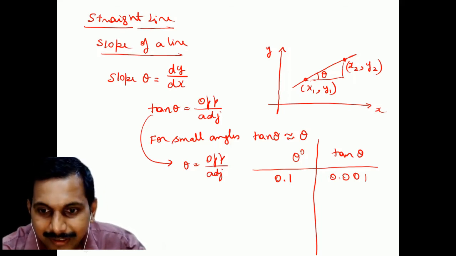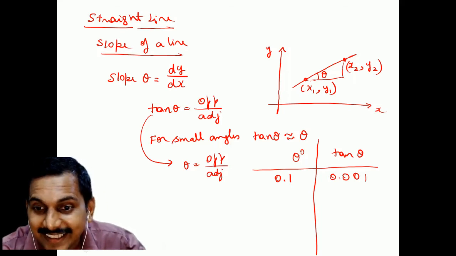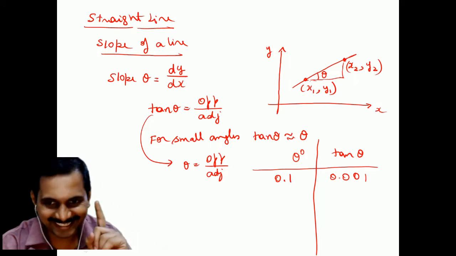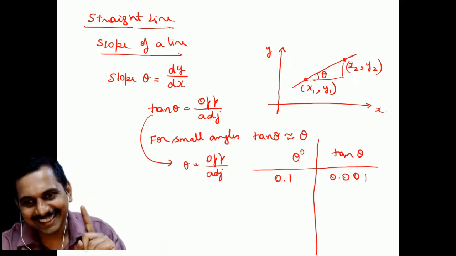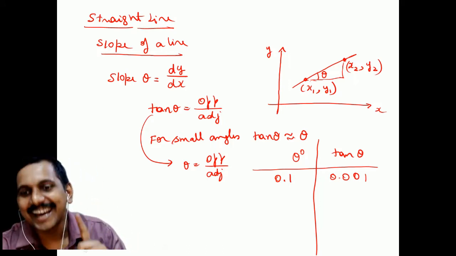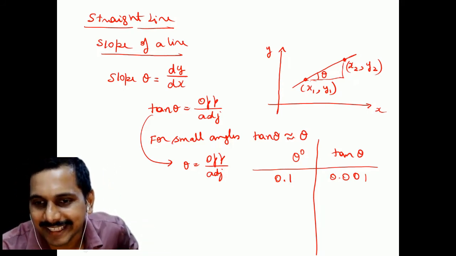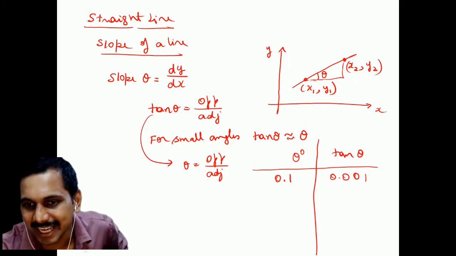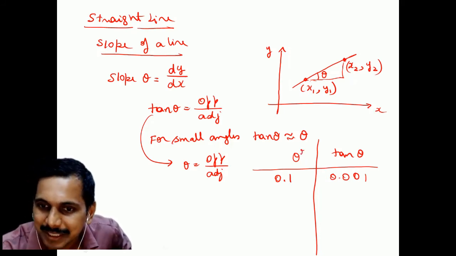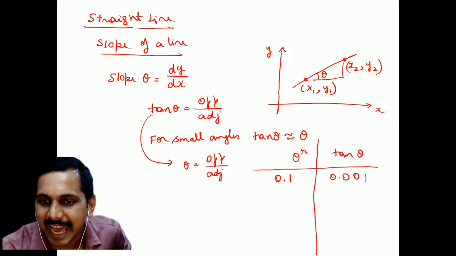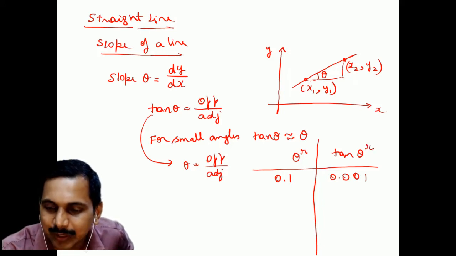Sir, we should take it whether in radian or degree. Radians. Exactly. If we kept it in radian, it will come around 0.1. Correct. So that is the point I wanted to make. If you keep it in radians, it is not possible. This is a basic class, so I have to check your basics. If it is tan theta in radians, then only it will be radians.